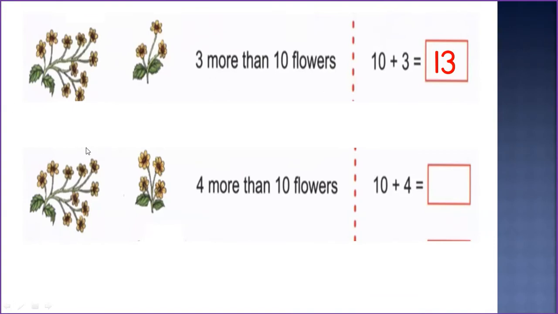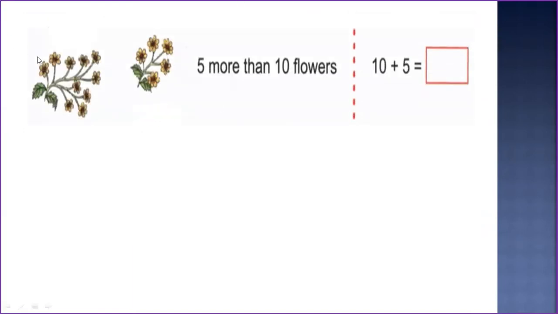Yeah, this is a bunch of 10 flowers. Okay, then how many? One, 2, 3, 4. Okay, 10, 11, 12, 13, 14. It means 4 more than 10 flowers become 14 flowers. Okay, 10 plus 4 is 14. Okay, आपने 10 फ्लावर्स थे आपके पास, 4 मोर आपने फ्लावर्स गेट किए, तो 10 एंड 4 कितना हो गया, 14 हो गया, 14 फ्लावर्स. ओके,